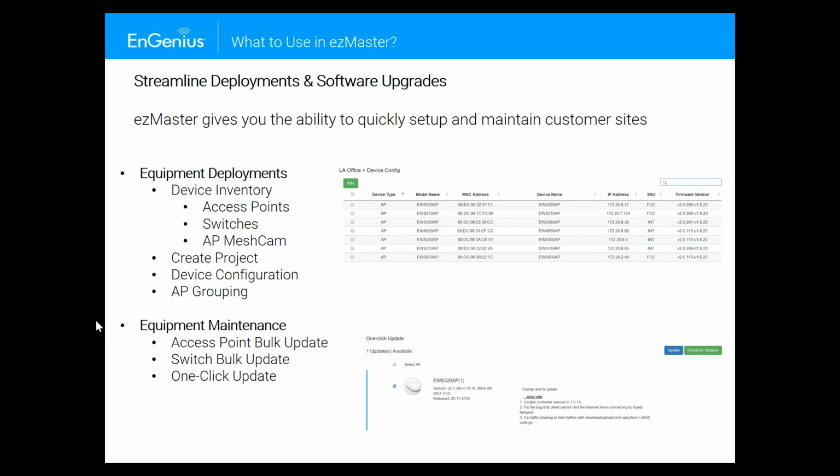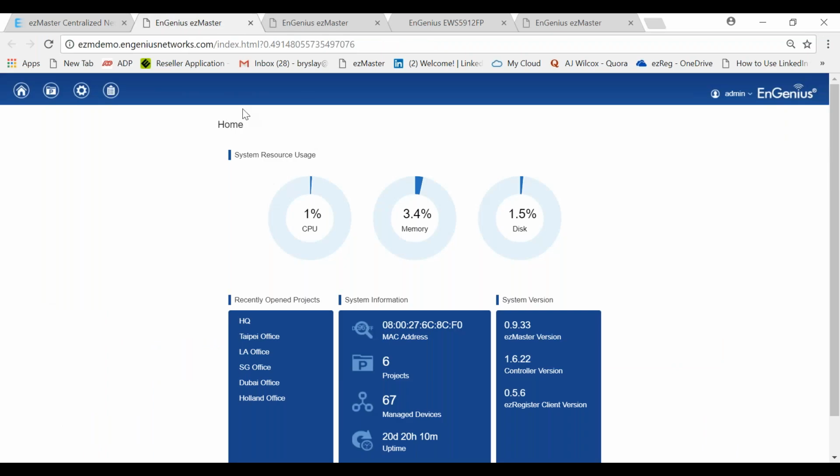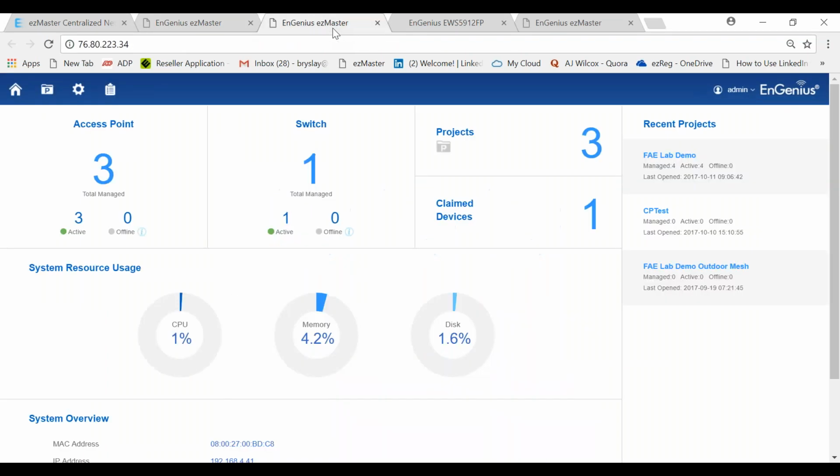So at this point, I will jump over to our EasyMaster demo. Hopefully this translates very well and everybody has, it's very fluent, it works for everybody, and you really gain some information from this. So bear with me here. So this is our EasyMaster interface, our landing page. This is our dashboard.